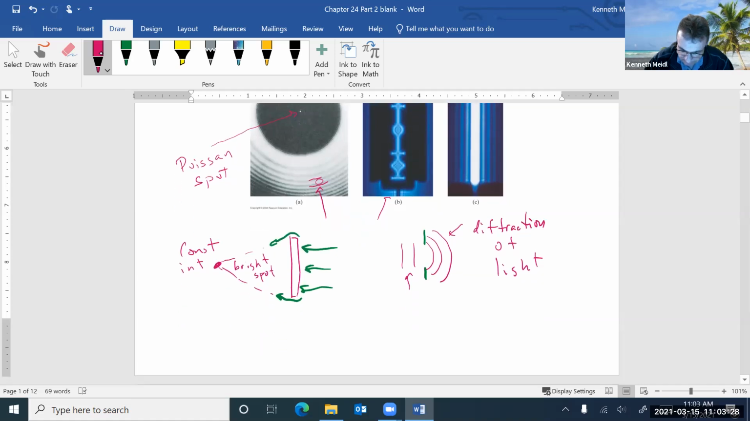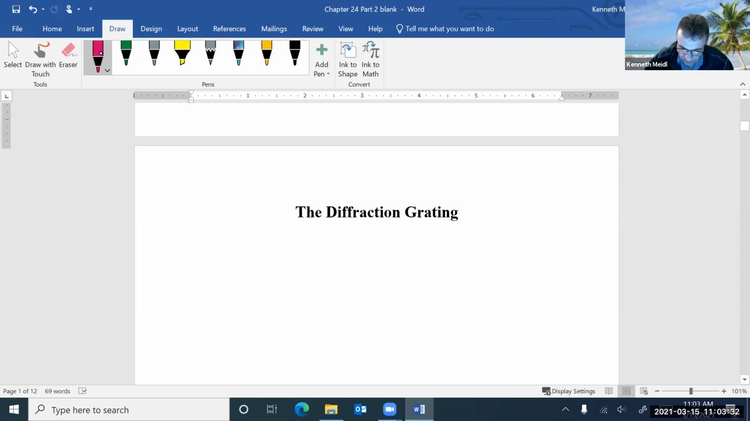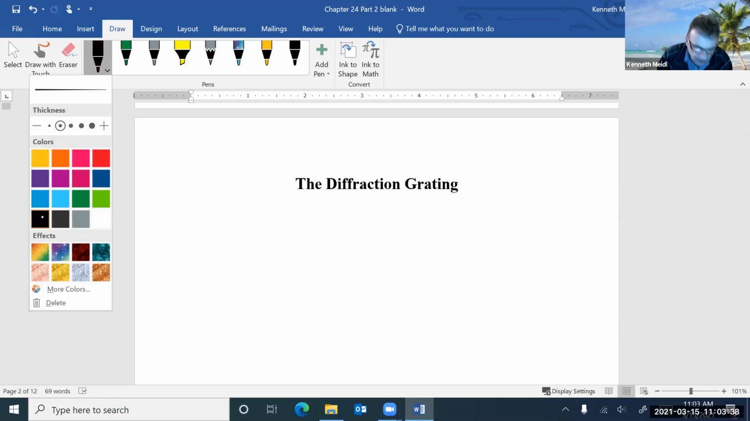So, how is it that people use this idea? And probably, in terms of scientists in the laboratory, the most useful tool that comes out of this is the diffraction grating. Prisms act exactly the same way. But the diffraction grating